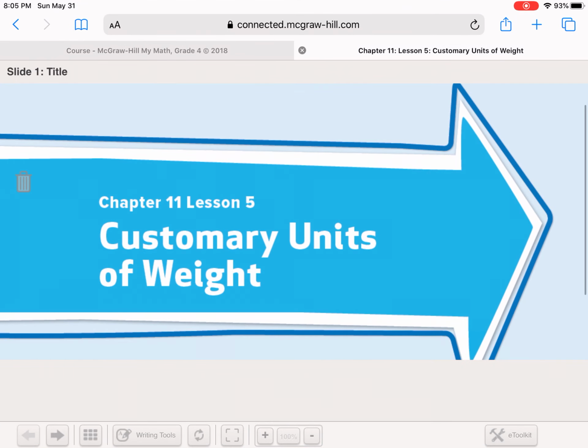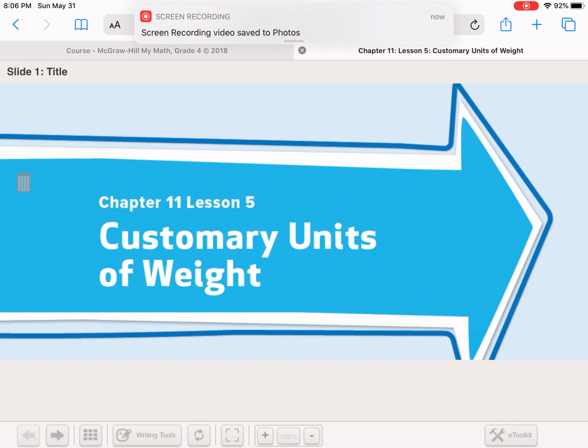Hey guys, today we're going to talk about customary units of weight. Okay, so before we talked about capacity, this is weight. So ounces, pounds, tons, that's what we're talking about today. Okay,